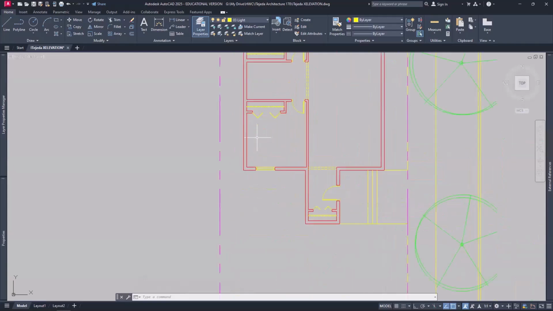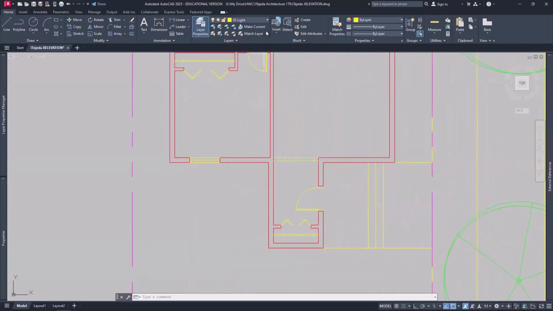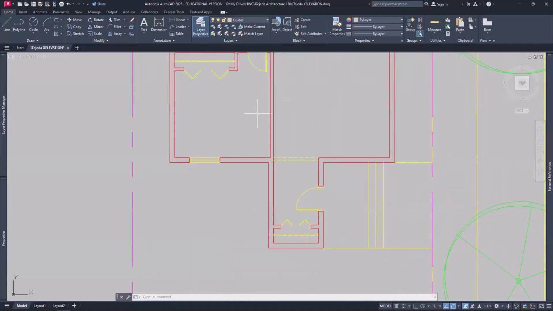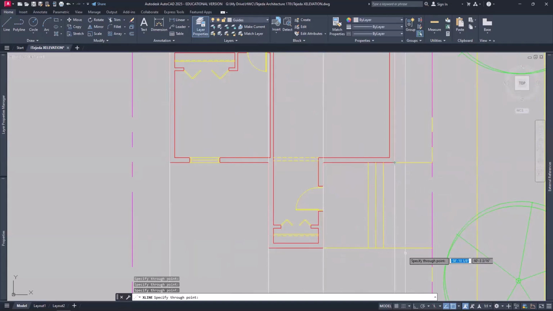So I can go ahead and here, and let me put myself onto the right layer, the guides, and type in X line. And I want a vertical X line. So I type V, enter. And I want that vertical line to cut through or to be coplanar with this line, with this one, that one, and that one. I'll take care of the stairs later. I don't want that many construction lines. So I'll tap the escape key, zoom out,